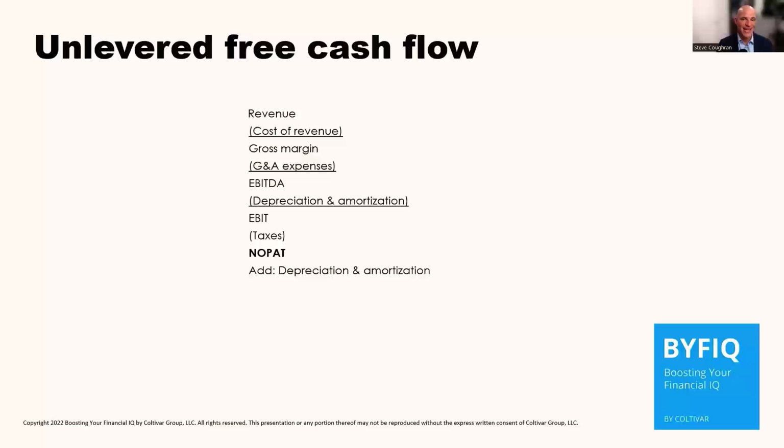And depreciation and amortization expense is not a true cash expense. You're not actually writing a check to a vendor called depreciation and amortization, right? It's just an accounting treatment. So we're adding it back. It's a non-cash activity. Then we have to account for changes in net working capital, which is primarily your changes